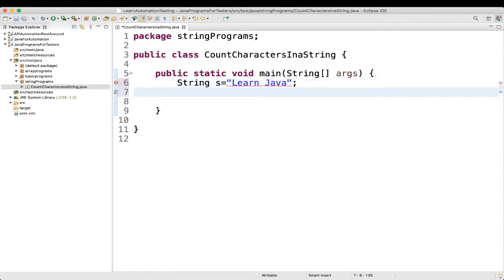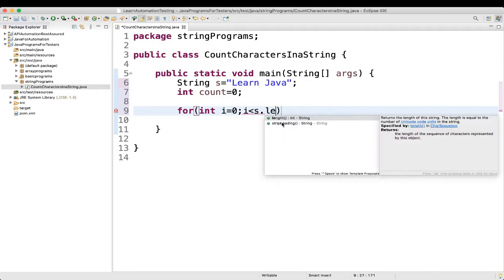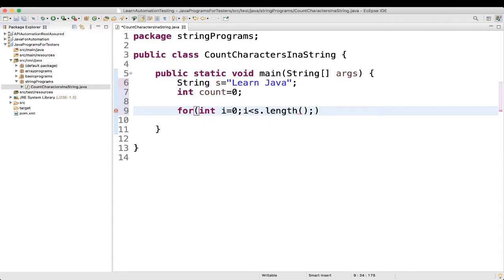Then we'll take one more variable, type is integer, int count, to find the total number of characters present in that string, and we'll assign 0 to it. Initially it is 0. Then we'll write a for loop: for int i equal to 0, and i is less than s.length. It will find the length of the string. Here you can see it returns the length of the string. Then i plus plus.